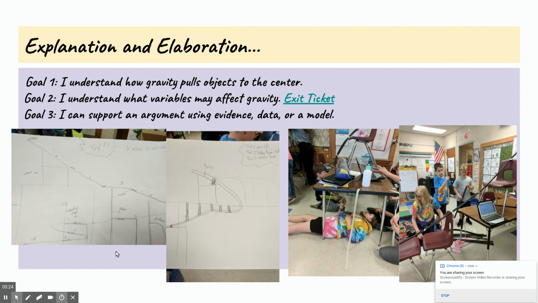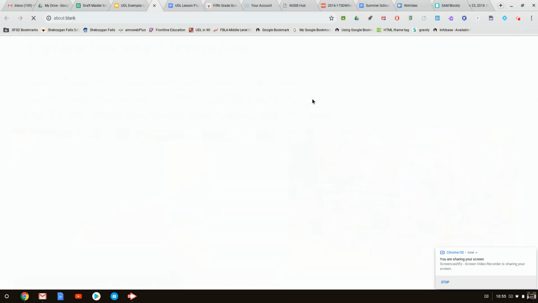to determine what might affect how gravity was able or not able to keep the sphere moving and at what speed. So the kids had to come up with plans first, then they had to design their coasters, and they had a choice of different types of spheres. They also could decide to modify a section of their coaster. So if I go to the exit ticket for that,